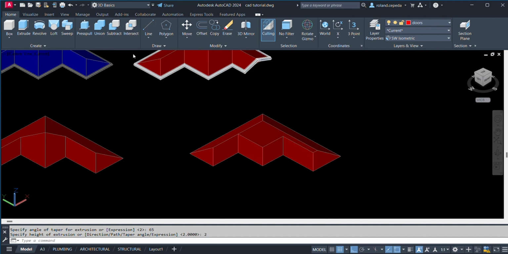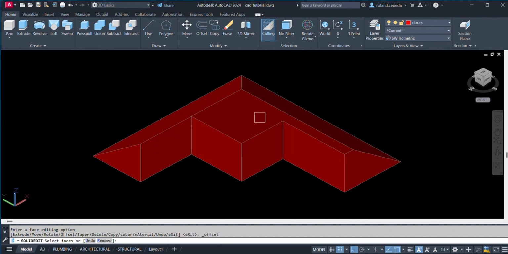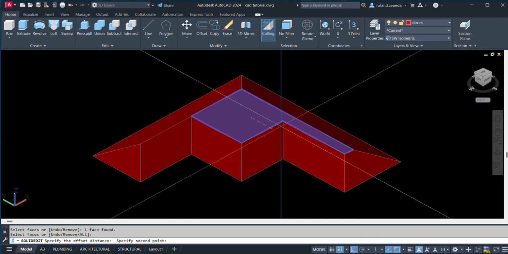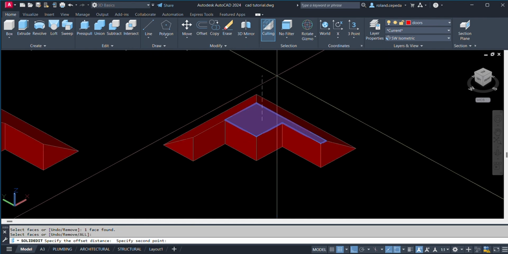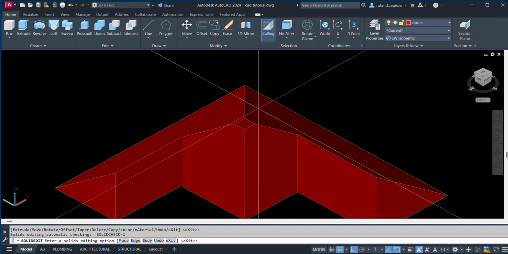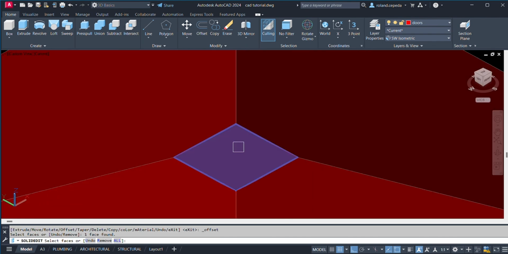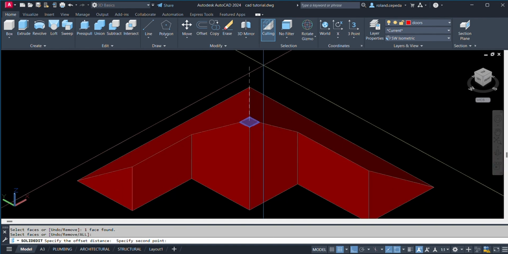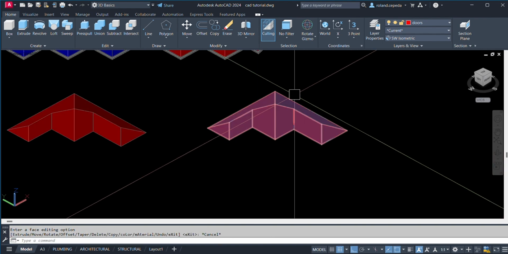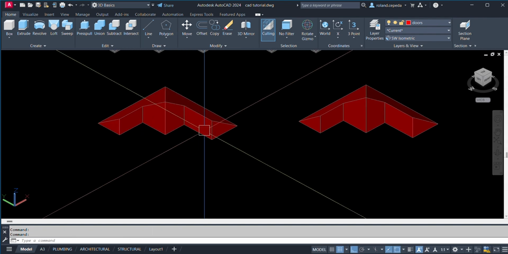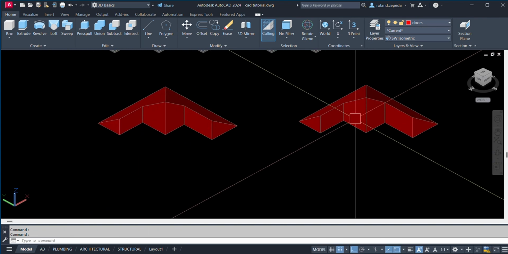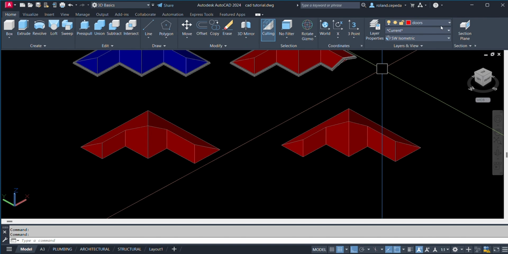Then let us select this, and then let us try to input one. Let us repeat the command. One. Okay, so there you go. You have already the hip roof.